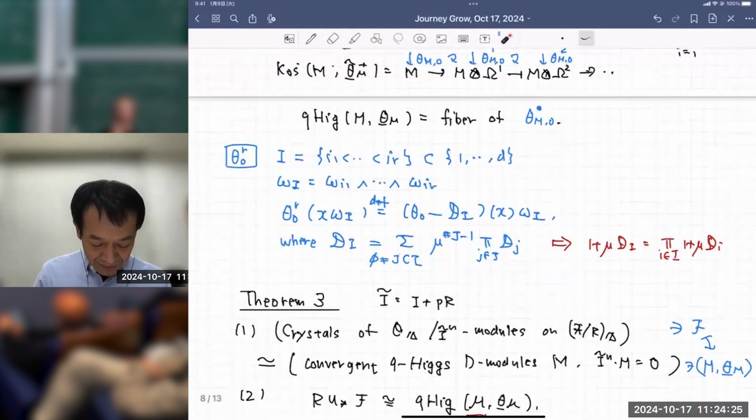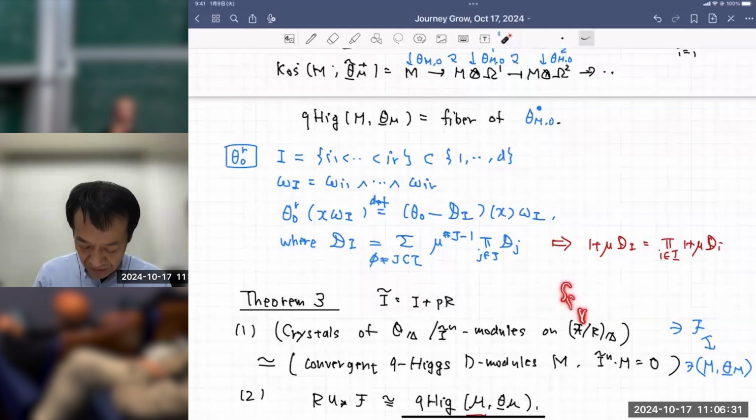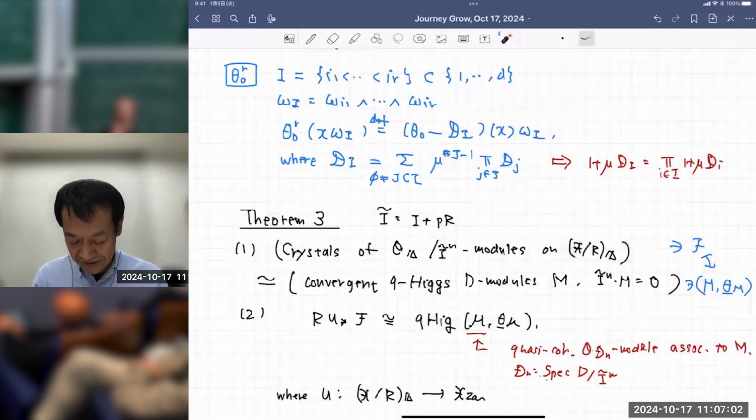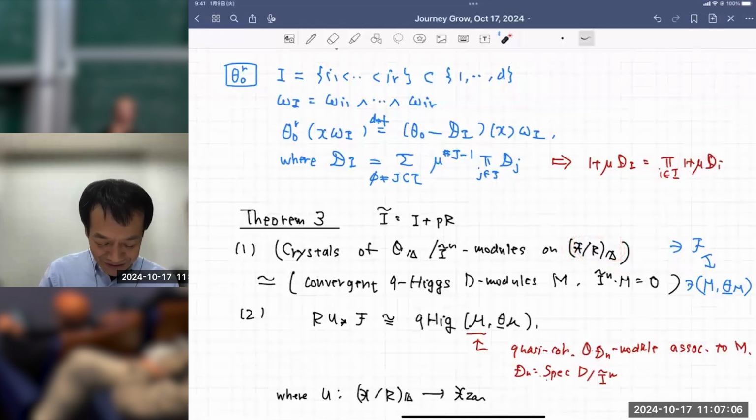Okay, so now I can state the theorem describing crystals on the prismatic site of X, a formal spectrum of A over R. I recall that Ĩ is I plus pR. The first claim is that crystals of O modulo the nth power of Ĩ modules on the prismatic site are, in this category, equivalent to the category of the q-convergent q-Higgs modules M satisfying this property,